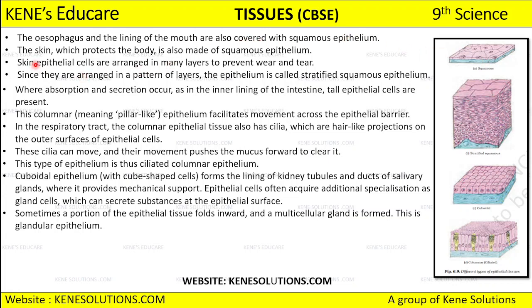Then the skin which protects the body is also made up of squamous epithelium only. The skin epithelial cells are arranged in many layers so that they can prevent the wear and tear of the tissue. Why are our skin epithelial cells arranged in different layers? So that it can prevent the wear and tear. And since they are arranged in a pattern of layers, the epithelium is called a